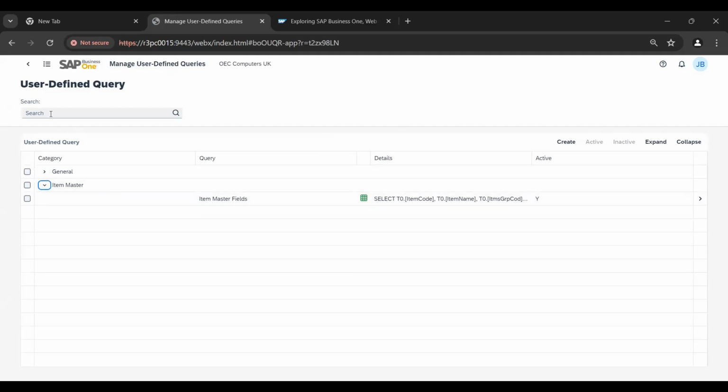Okay, so under the user-defined query, we have the item metadata. We have the general category. We also have the item master category. And you can always create a new user-defined query. So here, if you select this,